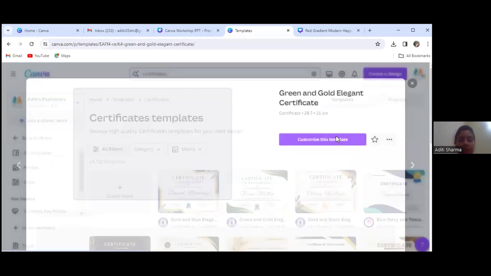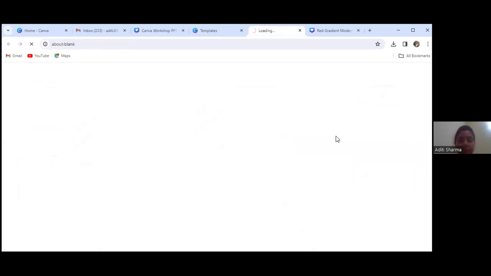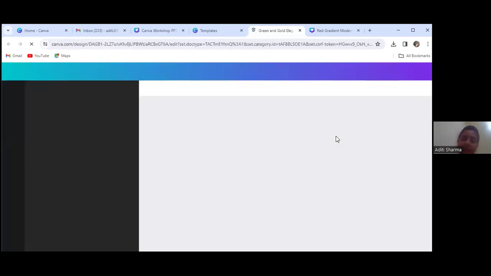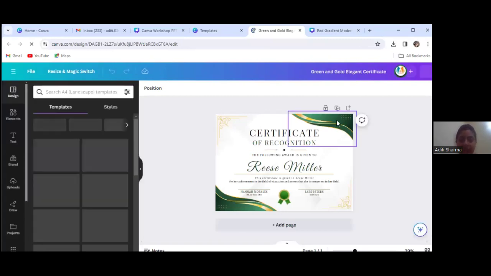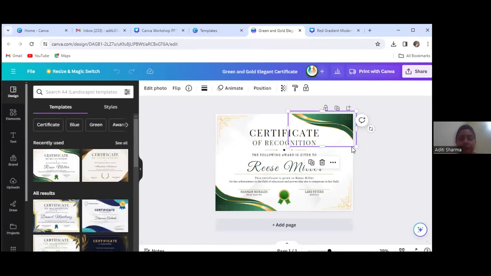Again, customize it. This is also as simple जैसे हमने अभी greeting design किया. Certificate is also very simple thing. We can design, how we can edit it. We can change the color first. So, see, मैंने इसको select किया color change करने के लिए corner को, but actually color of corner is not able to change. यहाँ पे ऑप्शन नहीं आ रहा है क्योंकि एक ऐसा ग्राफिक है इसमें कलर चेंज नहीं हो सकता.